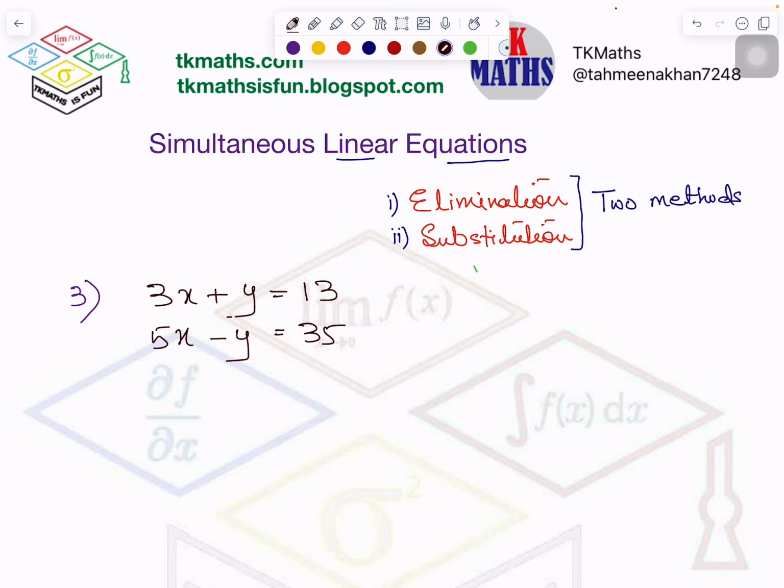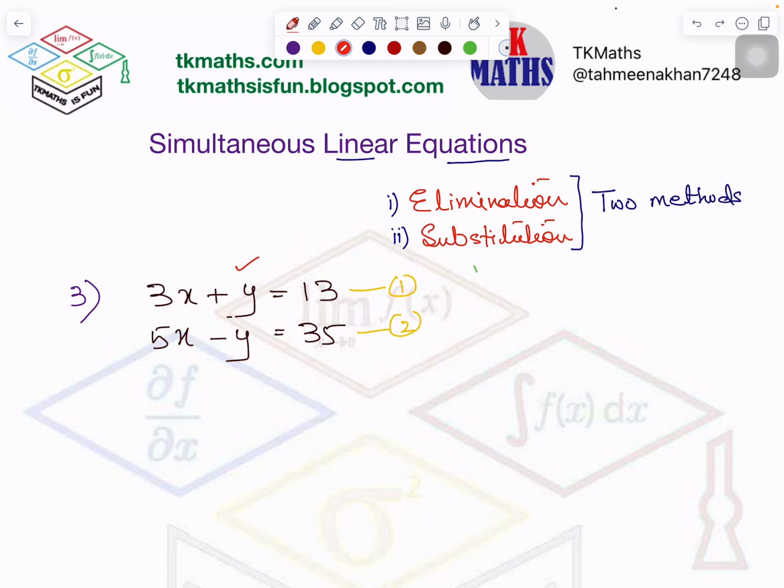In the previous video, I told you I will take a case in which the sign of the variable is different. So if you see here in this question, this is equation number 1 I'm calling and equation number 2. The variable of y is the same. That is the first thing we try to notice. If it is not the same, we try to make it the same. That case I will take later to explain. So right now the coefficient of y is the same. The coefficient of x is not the same. So I will try to eliminate the coefficient of y, okay? Because it will be easy.